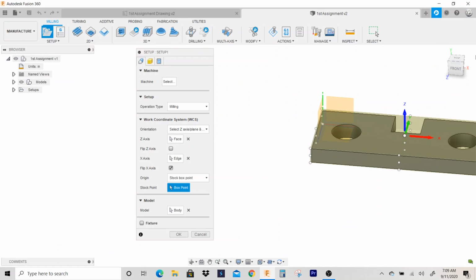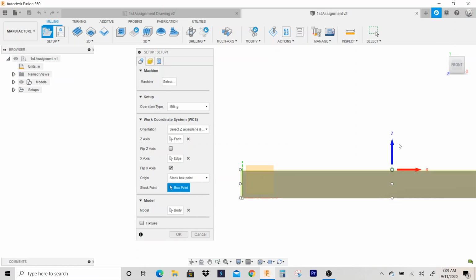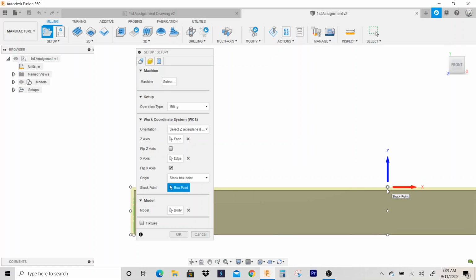Okay, so you would face down. So you would set your tools on the stock and actually face down to the model, but your Z0 would be on top of the stock. For G-code editing purposes, and just being able to look at the G-code on the machine, I like to keep it simple. I like to keep my Z0 on the actual finished face of the part. So I'm going to put this back on model box point,